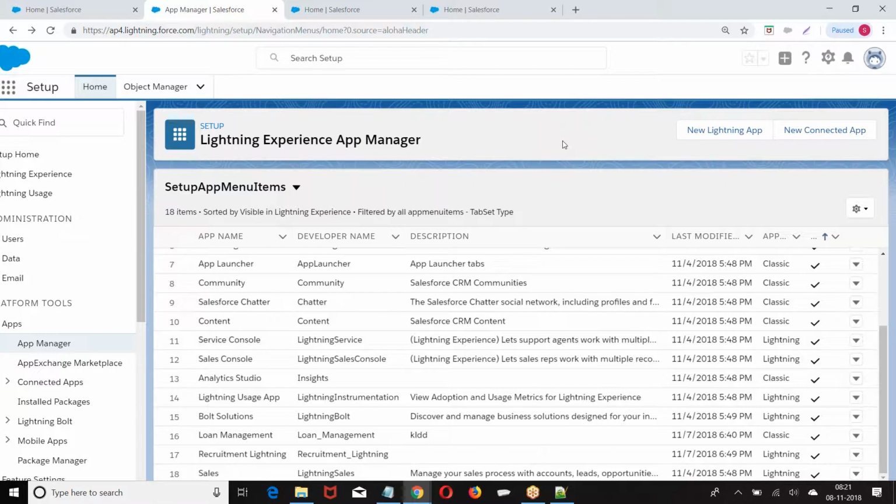One more thing, just a small question. For one of the end users who doesn't want to see the lightning, even though the application is developed. When you create a lightning, we have to enable for which users the lightning should be enabled. When you're migrating, by default, lightning will not be visible to everyone.